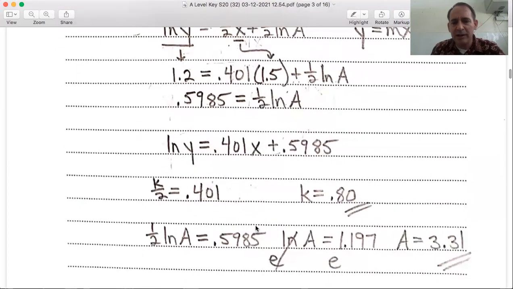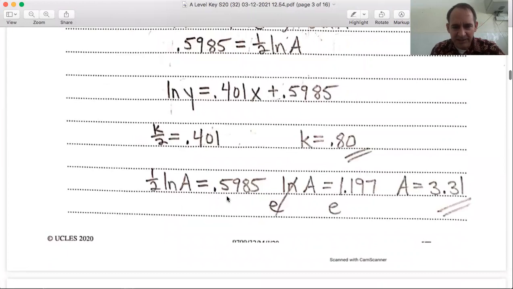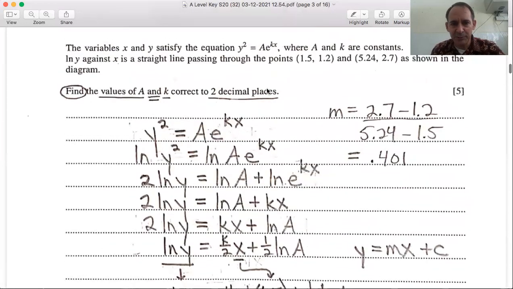And now we can solve for the k and a. The k over 2 is equal to the slope. Multiply both sides by 2. The k is equal to 0.80. The 0.5985 is our 1/2 ln a. So multiply both sides by 2, exponentiate both sides base e, and a equals 3.31 to 2 decimal places, which